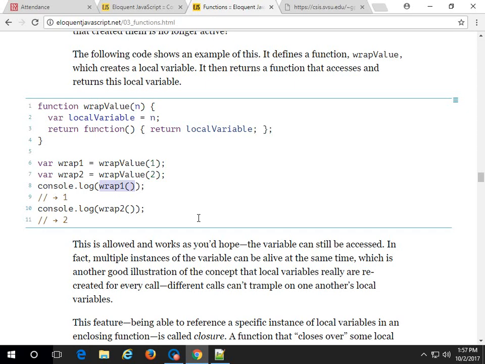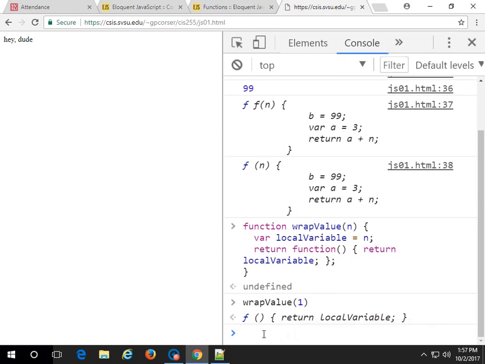Well, yeah. I guess everything is a function in JavaScript, right? So let's just go back. In console, it's treating wrap 1 as a function. Wrap 1 is a function. Yes.